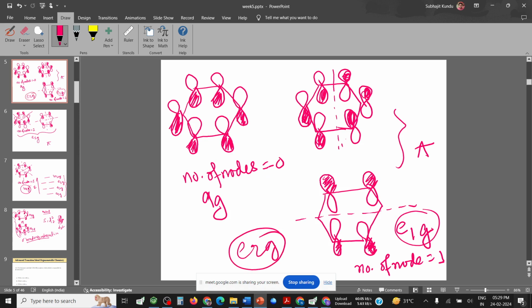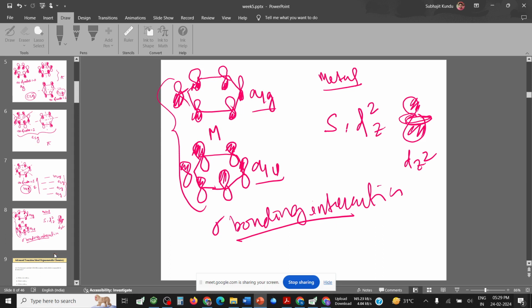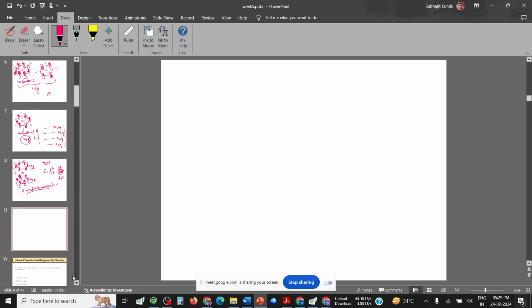So for sigma, we get to know that A1G and A2U, these two orbitals undergo the sigma interaction with the metal s and d z square orbitals,